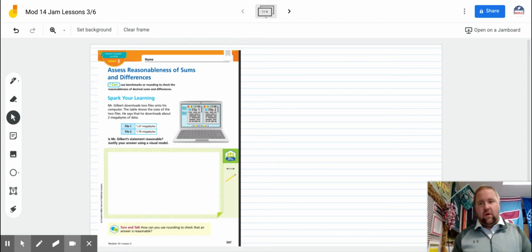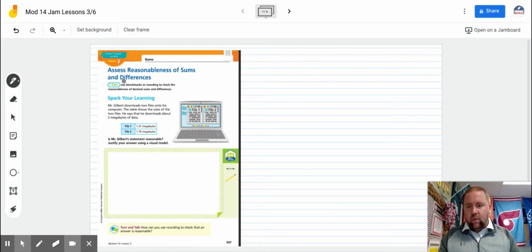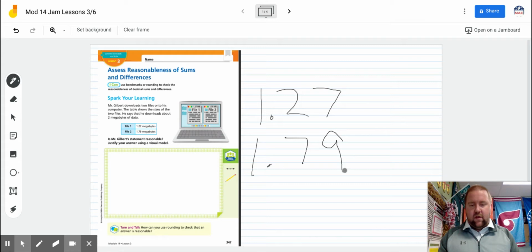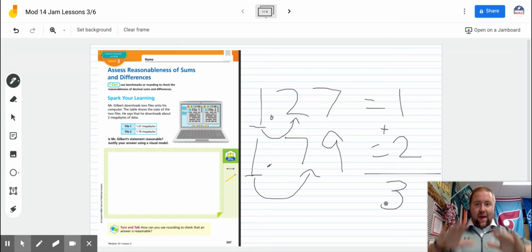So one of the ways we could look at this is to round to the nearest whole number. We had 1 and 27 hundredths, and the other one we have 1 and 79 hundredths. If we're rounding, we would look at the 1 and look to the neighbor. This would round down to 1. Look to the neighbor, this would round up to 2. So if I combine these, I have